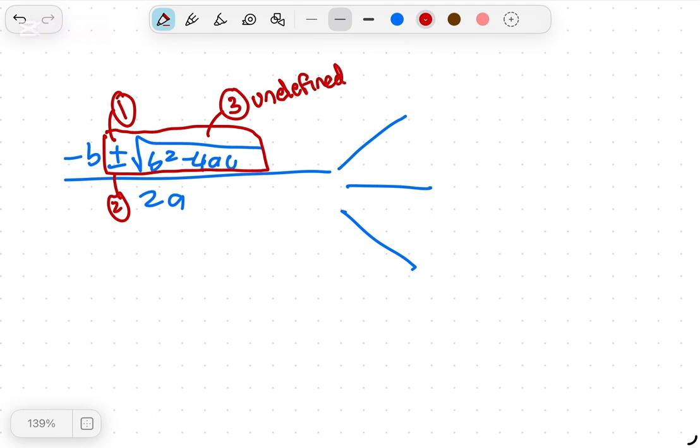So it can either be a positive value, a negative value, or undefined. You just need to know these three options that you may have when solving the equations, which we'll get to